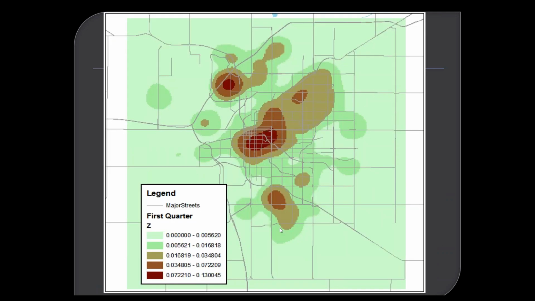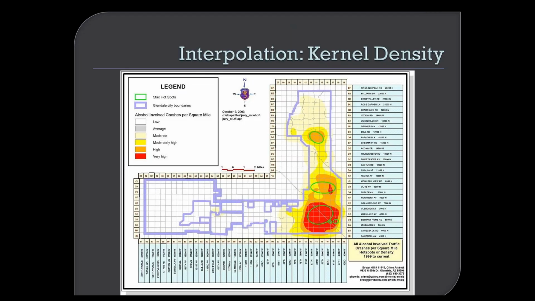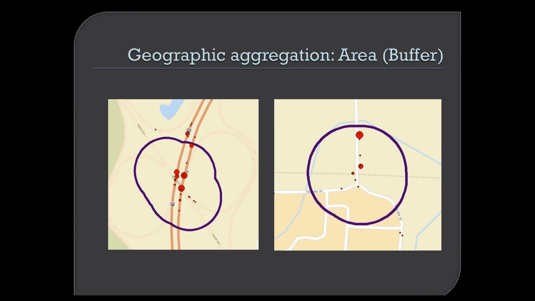Okay. But there are a lot of pitfalls and things that we have to be aware of when we create these density maps. First of all, based on the settings that we enter, as we'll see, we can make them look very smooth with large hotspots, or we can have a bunch of small modeled hotspots. And the numbers that appear down here are almost always impossible to explain to an audience, which is why people like my colleague Brian Hill, who created this map,